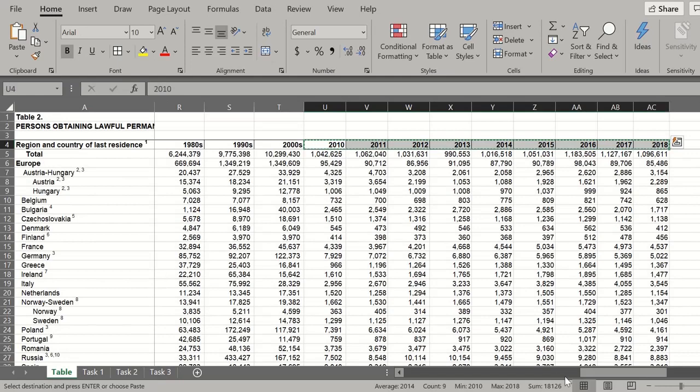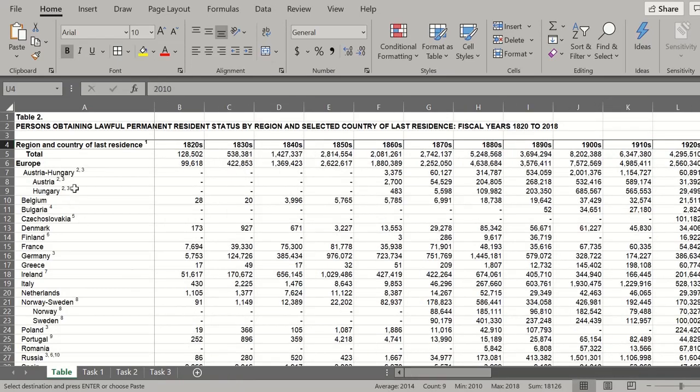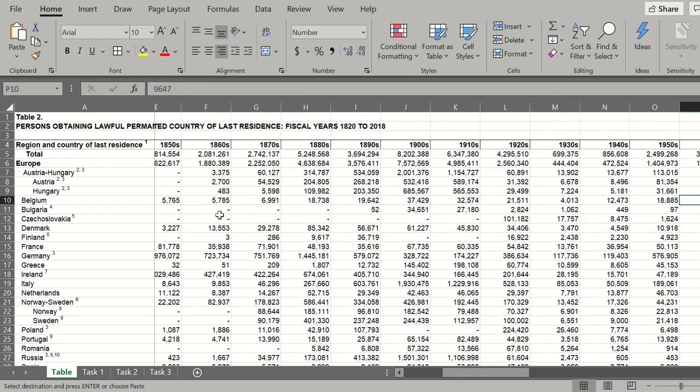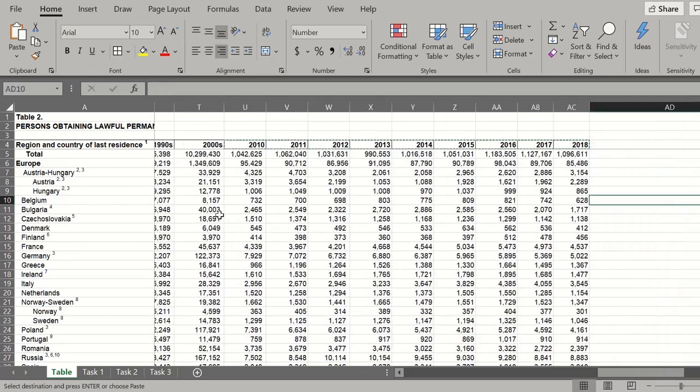Here's an example. Let's say I chose Belgium, right? I click on it, and then just to stay in place, I use the right key, right? That keeps me